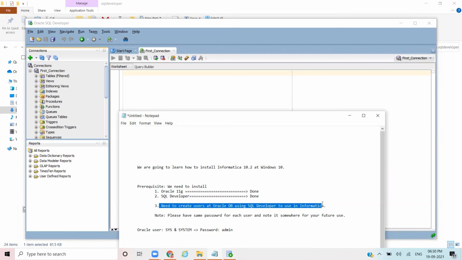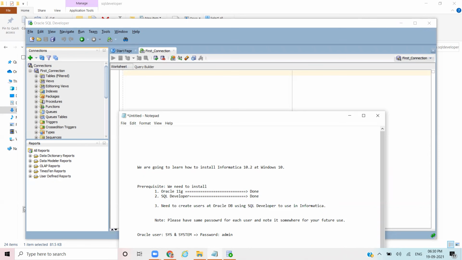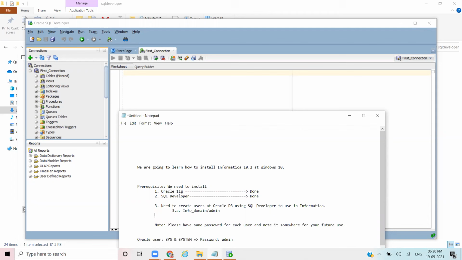We will be creating two new users, right? And here we will be having two, let's give the two usernames. What we will be having, let's say 3.a, that is info underscore domain, and I will provide password admin, and 3.b I will have info underscore repo. I will provide password as admin. So let's create these two users, okay, using